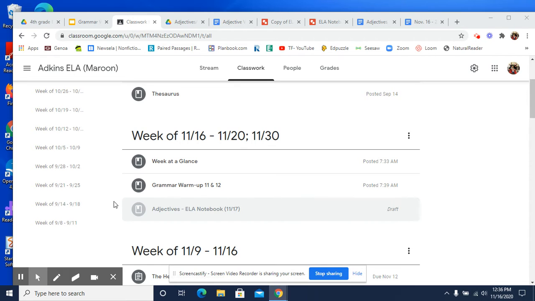Okay, so here we go. And this is where you find it, by the way, Adjectives ELA notebook. So you would just print those out. There's 2 pages, okay, and you would print those out. So an adjective,